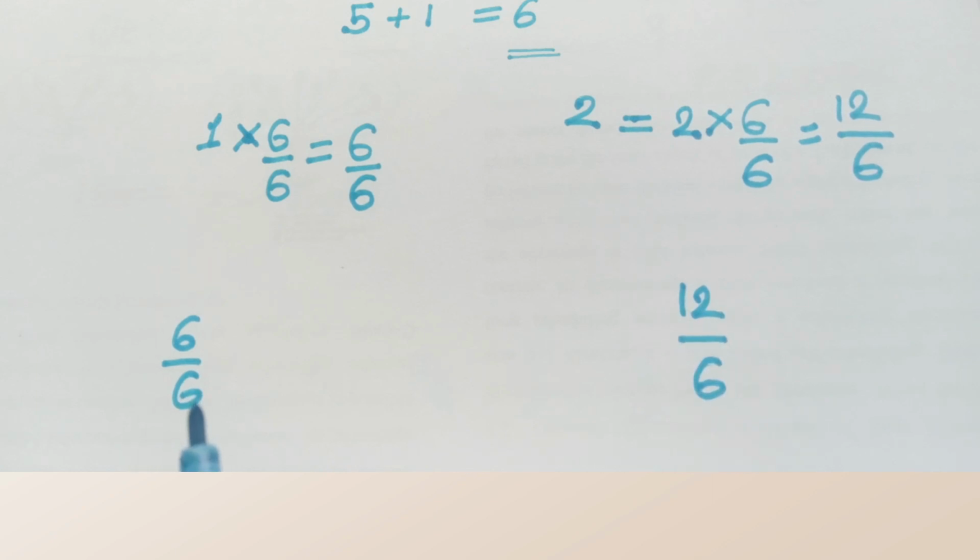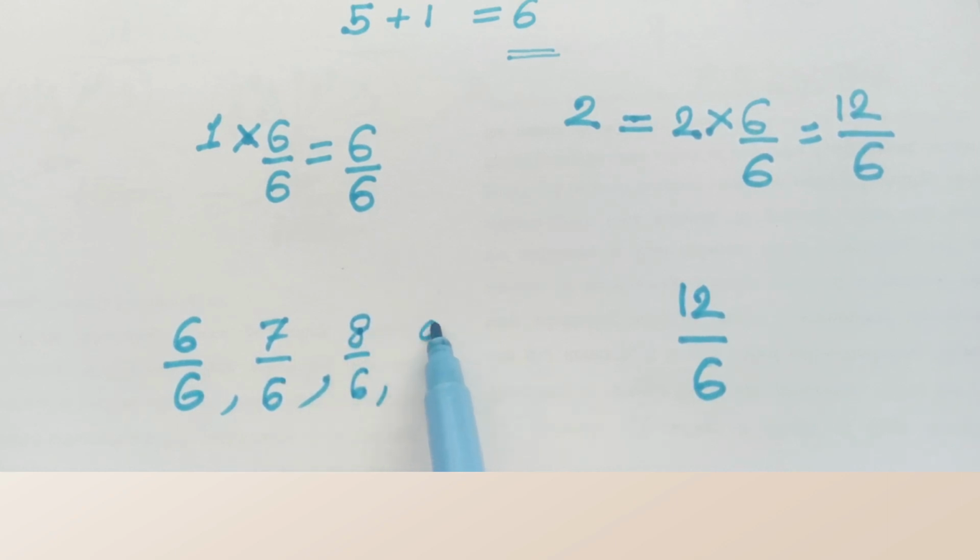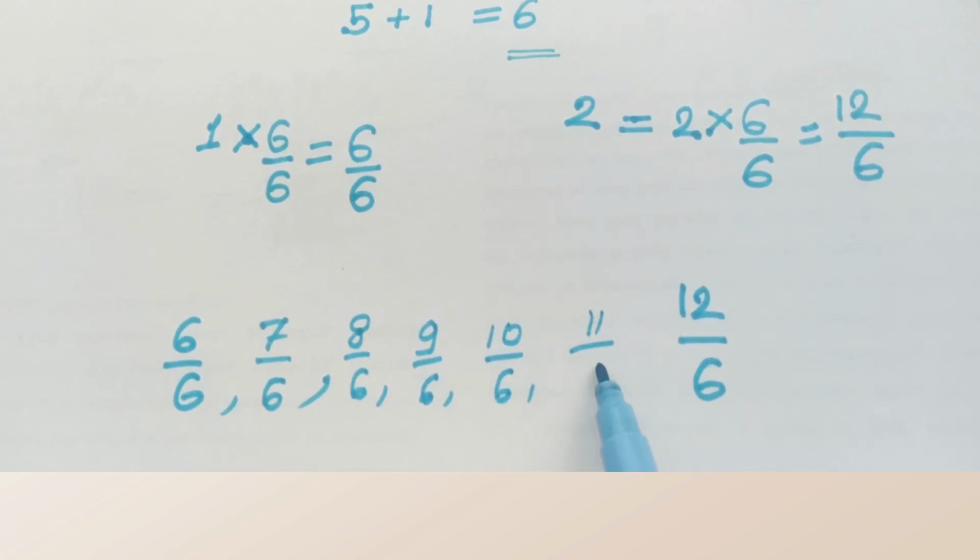So we have to find the rational numbers which lie between these two numbers. Now your work is very easy. You just have to add 1 to the numerator each time. So I am writing, adding 1 to 6, we get 7 by 6. Then again add 1, we get 8 by 6. Again add 1, 9 by 6, then 10 by 6, then 11 by 6. Now count the total: 1 2 3 4 5. That means there are 5 numbers which lie between 1 and 2.